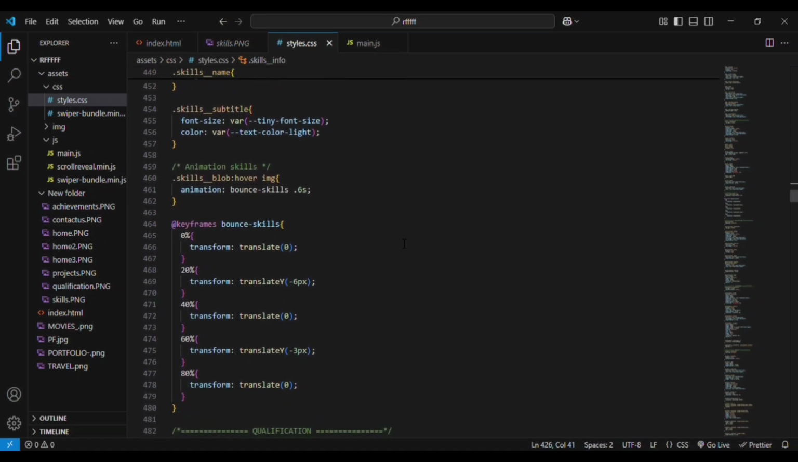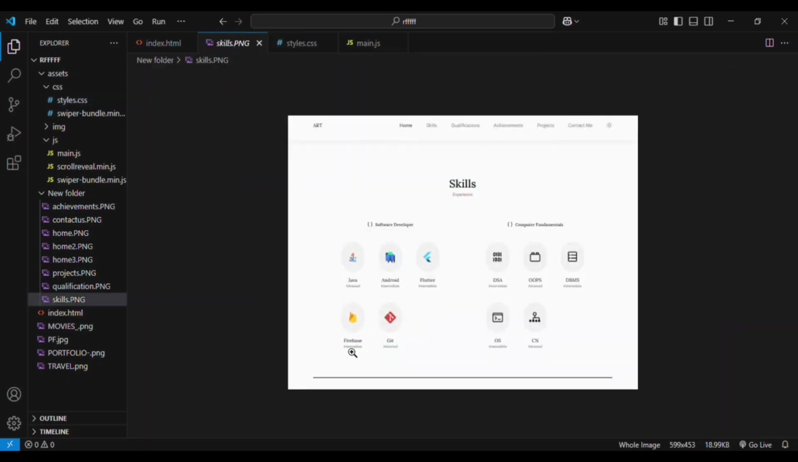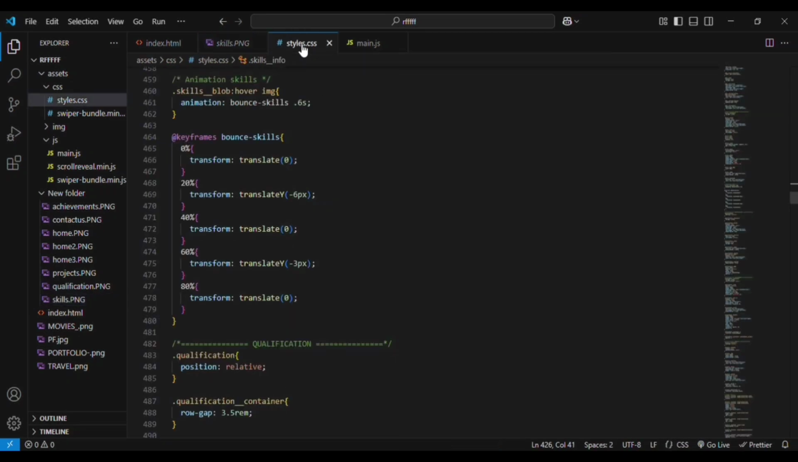Then we have an animation for skills, that is whenever you hover onto it. Whenever you hover onto it, it bounces up and down, that is, it will move up and down with a small gesture. For that we are using keyframes. You can see